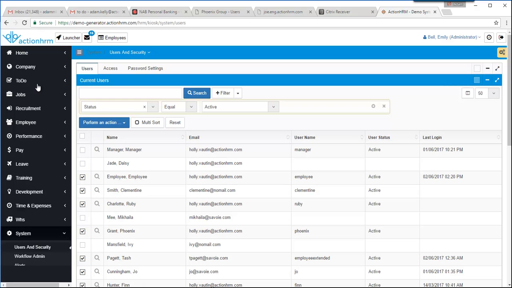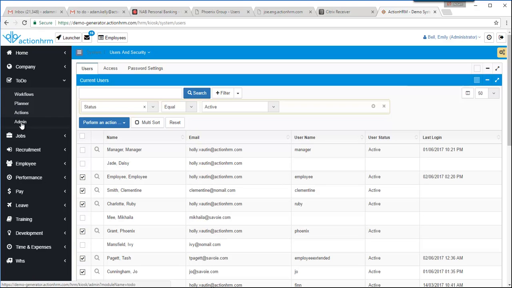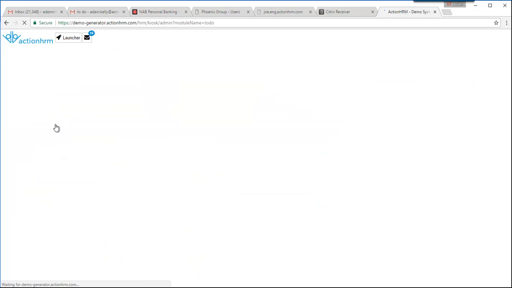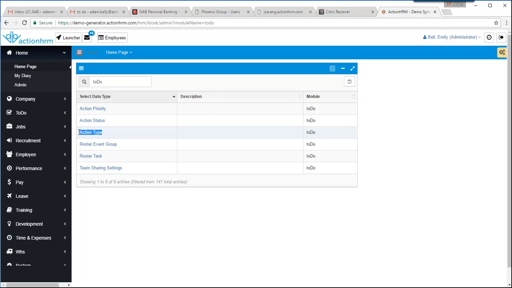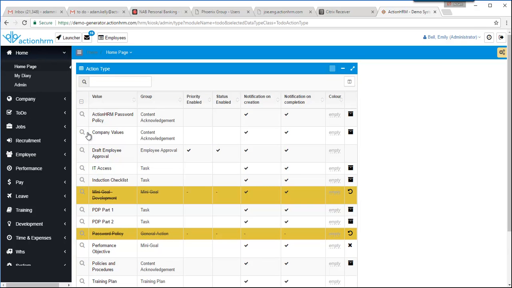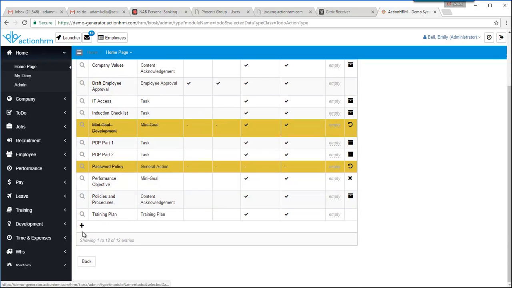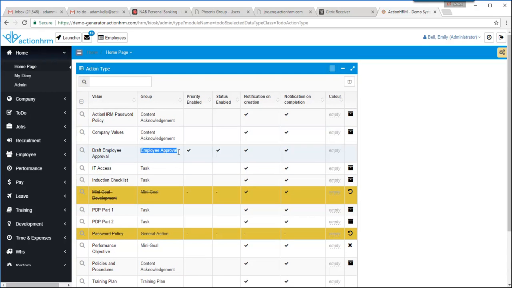So I guess actions themselves, the first thing to be able to use the action area, we need to set up what we term action types. And I'm going to give a short version today rather than an extended one, but at the moment the system supports a certain number of action types, and there are some special actions like this employee